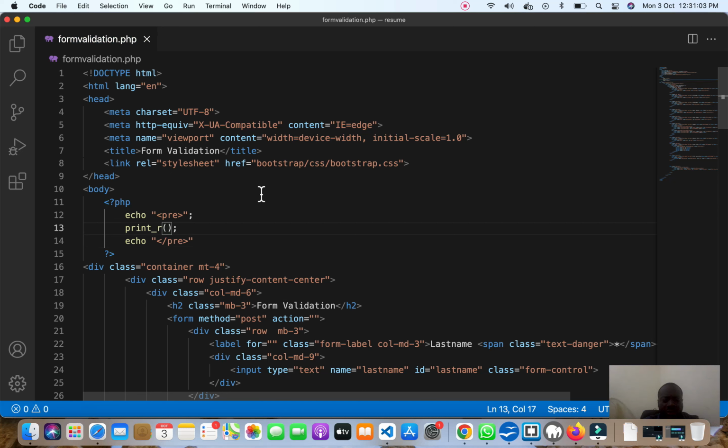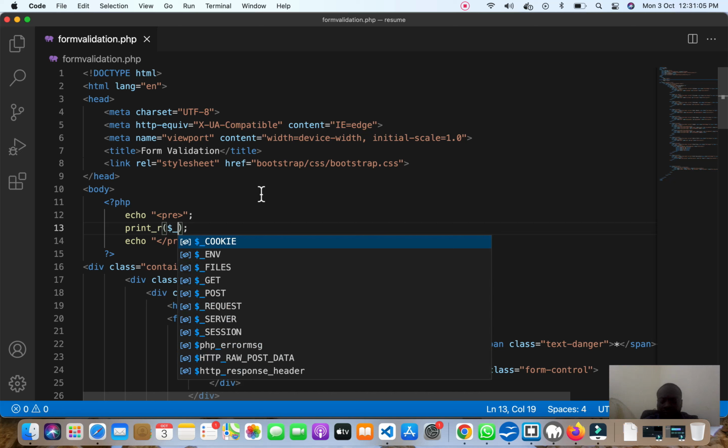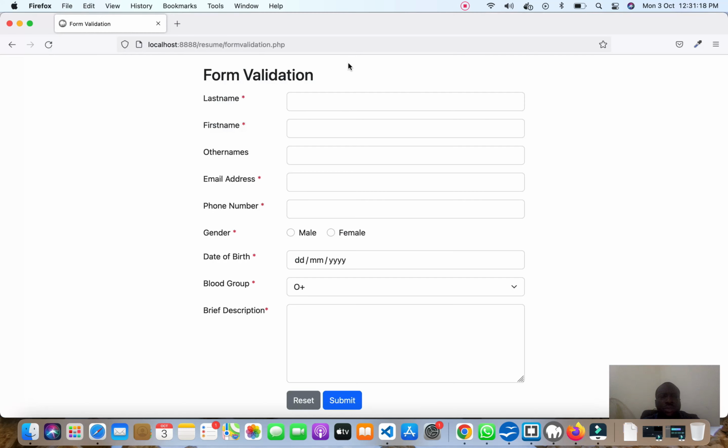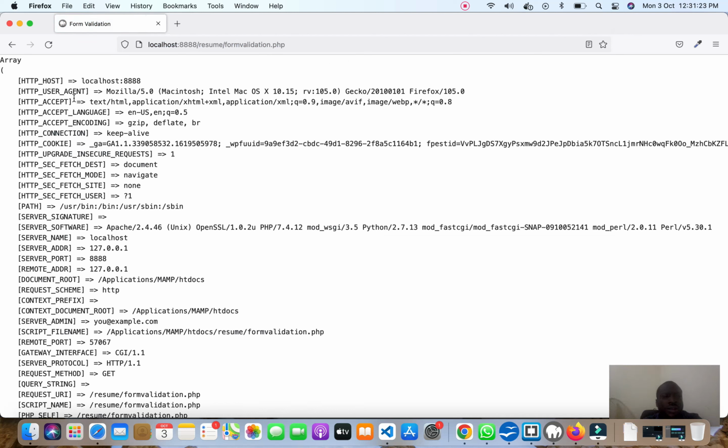The superglobal server consists of many indices, but we want to look at just the few that we'll be making use of in this PHP form validation. Running this,